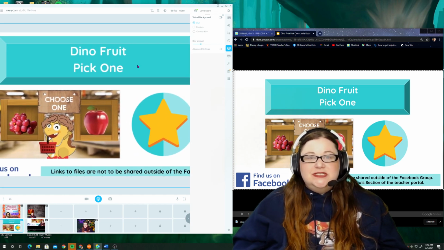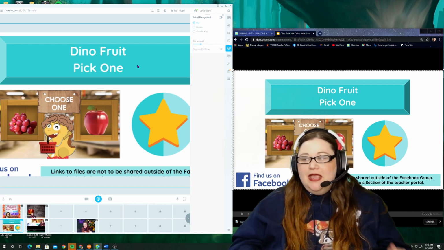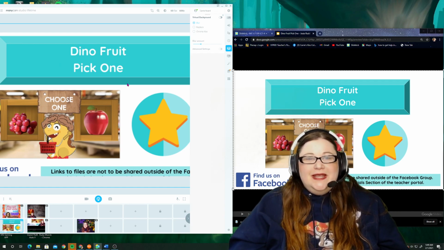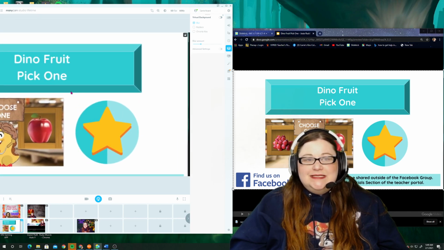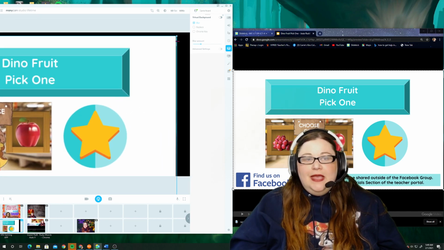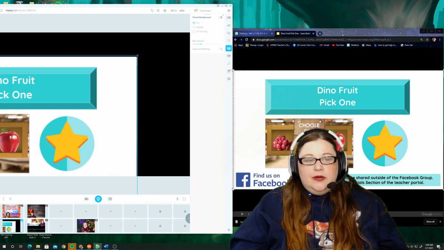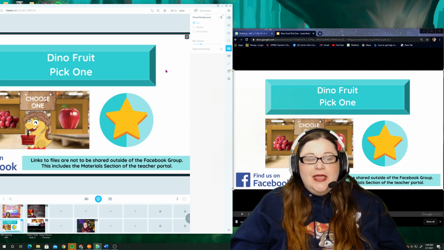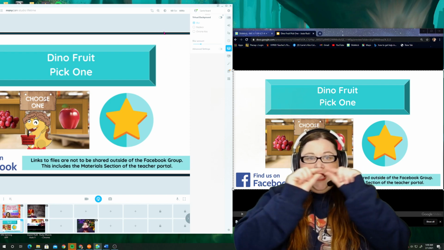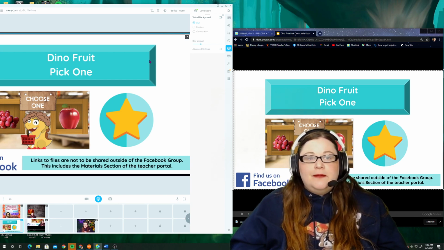Now this has kind of just enlarged the center section of my reward, but it's a little bit too large and my student is not going to be able to see everything they need to see. So I'm just picking it up and trying to find an edge where I can shrink it down some and then put it back in the center. And now I have sort of just a tiny little bit of black space above and below my Google Slide